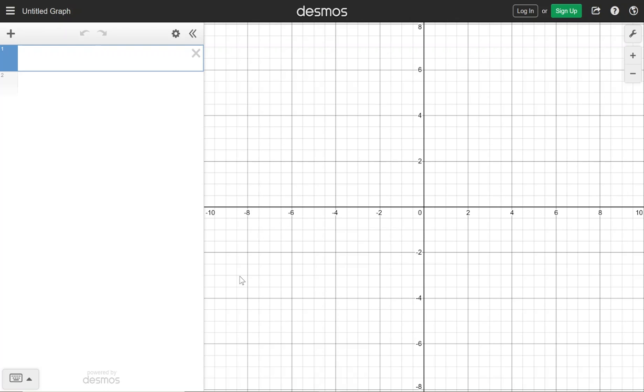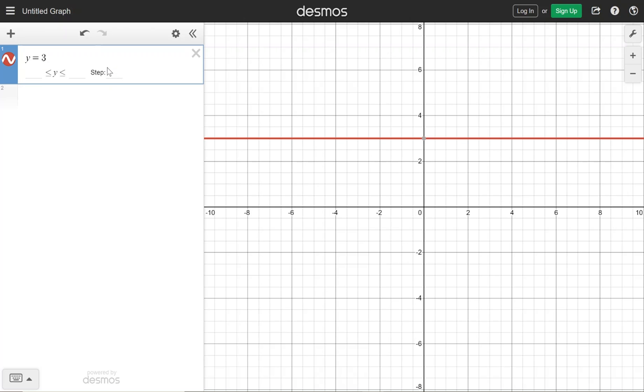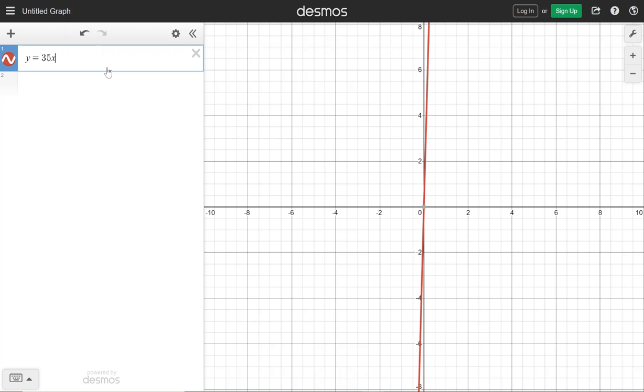Today I'm going to show you how to use the table and how to adjust the window a little bit to make it look like the right thing when you are using Desmos to graph. So let's start by just graphing something. So let's say I graph y equals, I'm going to make it kind of big, 35x squared